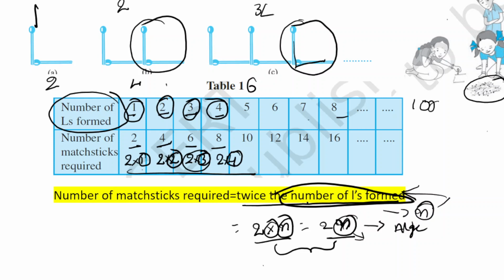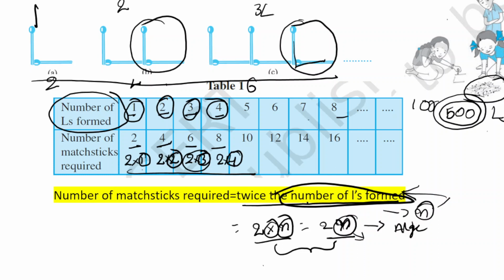So suppose children, if you are asked to form 500 L's, how many matchsticks are required? The formation of this figure is quite impossible because we can't keep on adding two matchsticks to form L's till 500 L's are formed. So this is quite impossible, but by using this algebraic expression we can directly say